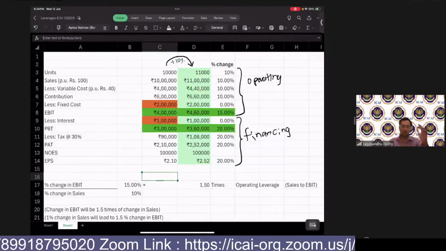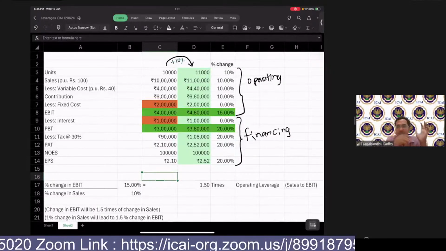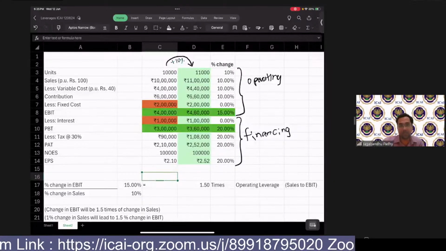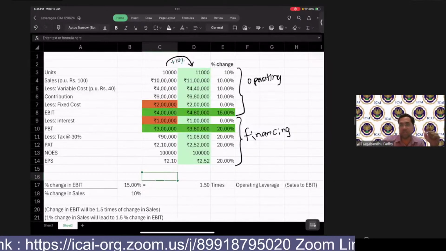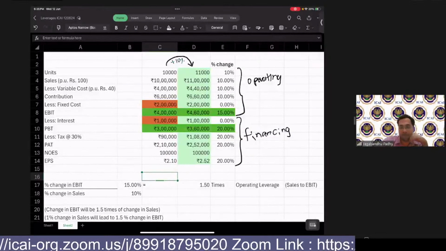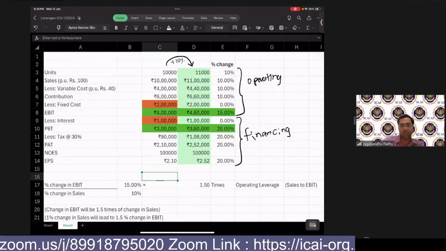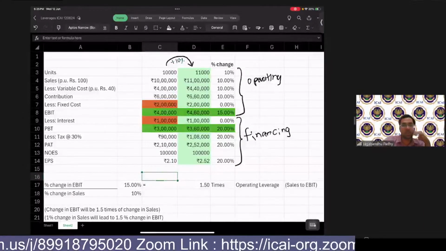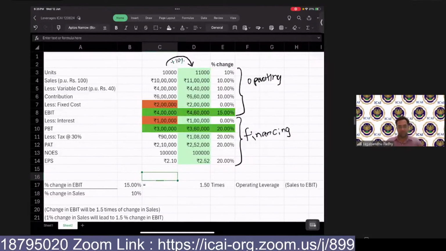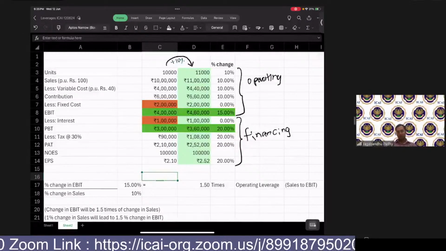So now, how do we go about looking at this leverage? If I ask you, is having leverage in your financial statements a good thing or a bad thing? Financially, is it good or bad? Tell me guys, what do you feel? Having financial leverage in your books, is it a good thing or a bad thing? If you feel that it is good,